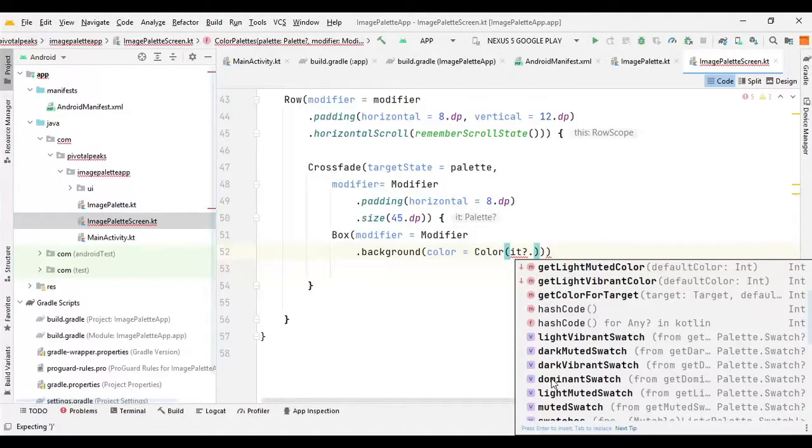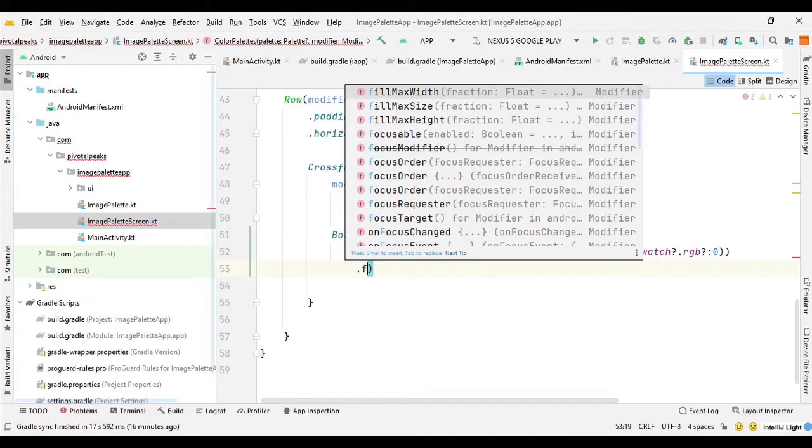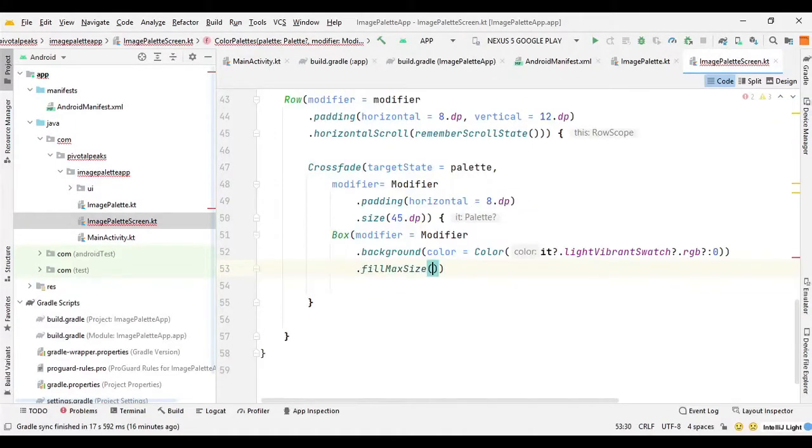So here I am using the light vibrant swatch, and then after that we can say question mark dot RGB, and again question mark colon 0, and after the background color we can set the max size. So we can say dot fill max size. So this is the first color that we will get from the image.